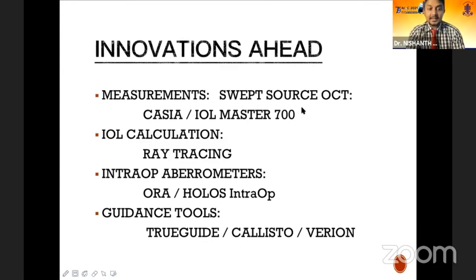With the innovations ahead, yes, we have the measurements from the swept source OCT. As I told you, the Cassia and the IOL Master 700 show accurate precision axis for the patient. And the IOL calculation of ray tracing and the ORA and the HOLAS intra-op actually help with the aberrations and the aberrometer. And the guidance tools such as the True Guide, the Callisto, and the Verion are amazing devices to get a spot-on